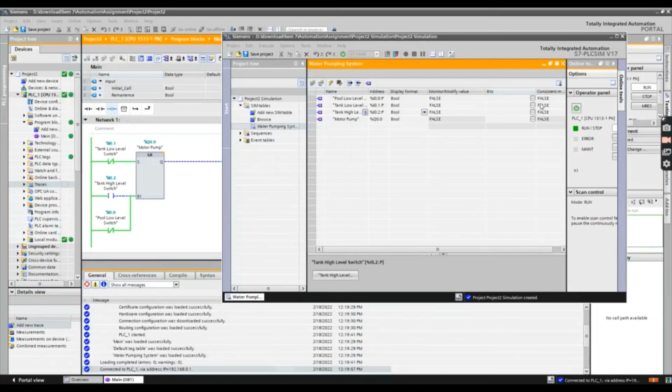For the first condition, we will set all the input values to 0. So when all the inputs are 0, the output value will also be 0, meaning that the water is not enough. So when we change the pool level to 1, the water pump will turn on. Next, when we change the pool level to 1 and also tank level to 1,